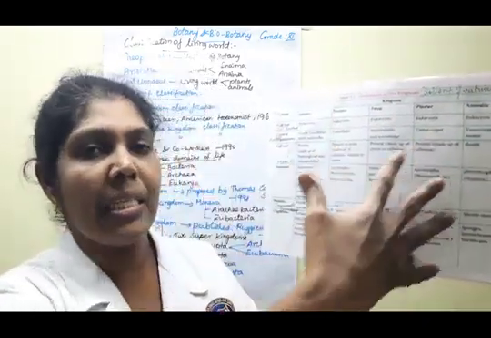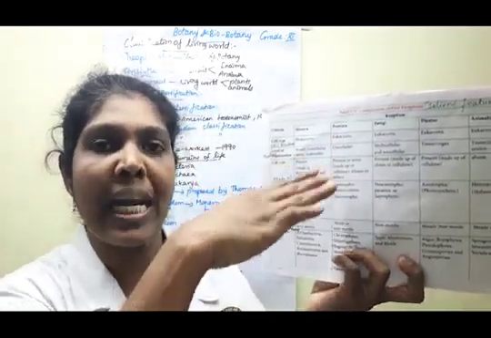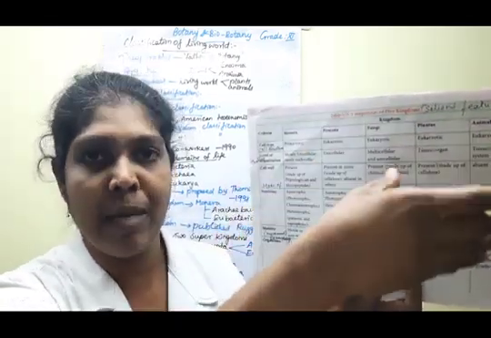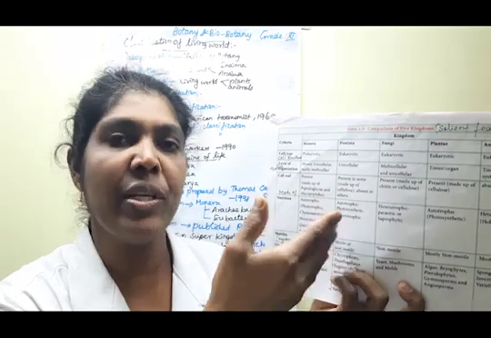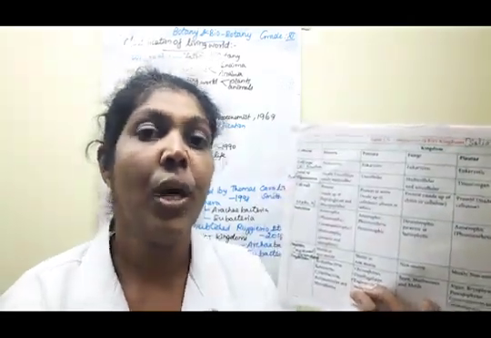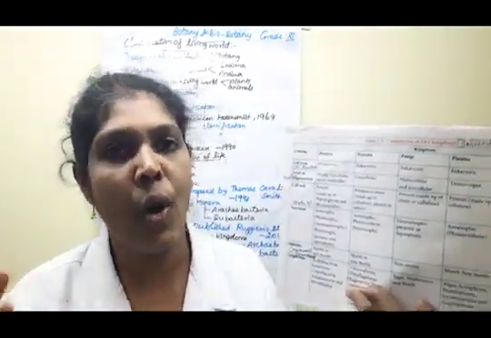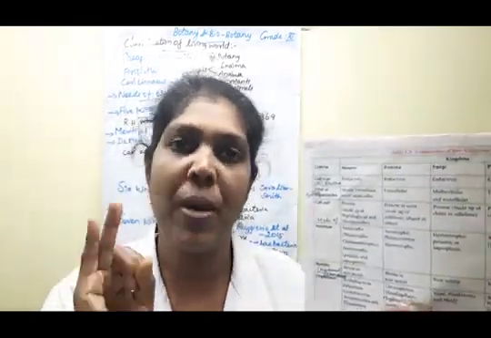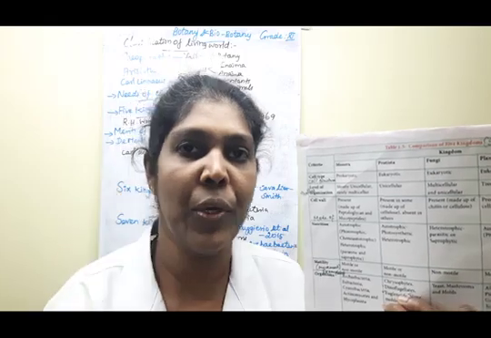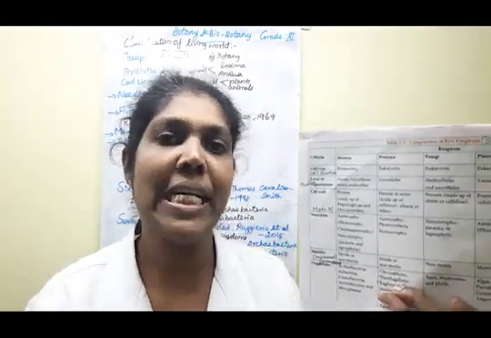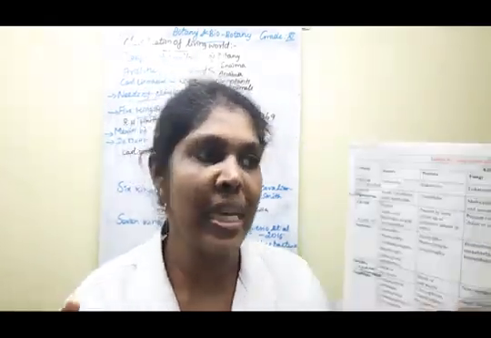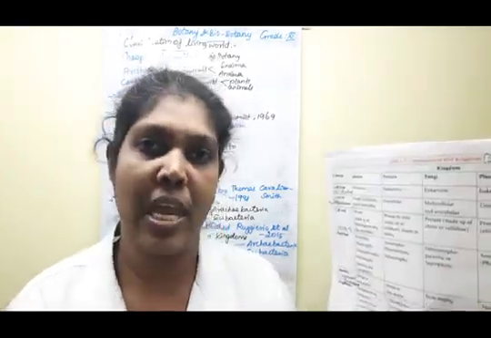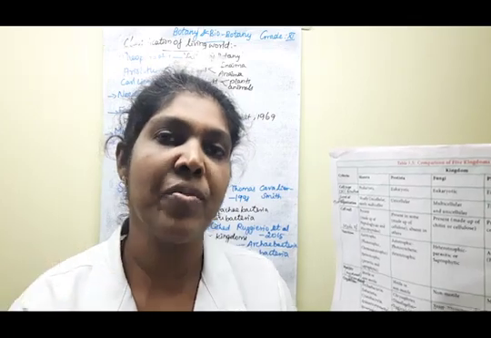So many characters are given kingdom-wise. Just refer to the tabular column, you should know. You are already familiar, you already learned all these terms. What do you mean by eukaryotes? You know that. What do you mean by prokaryotic organism? You know that. What do you mean by multicellular, and unicellular? And which substance is the cell wall made of? Then which type of nutrition?